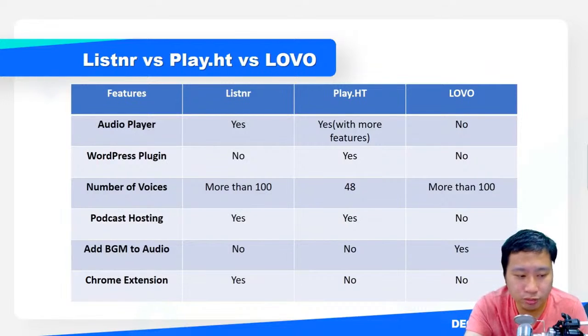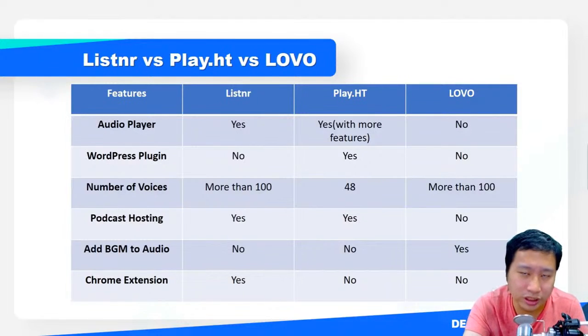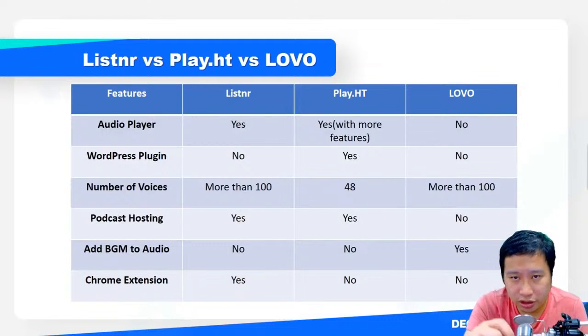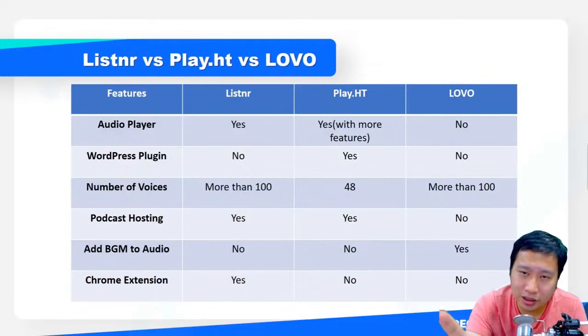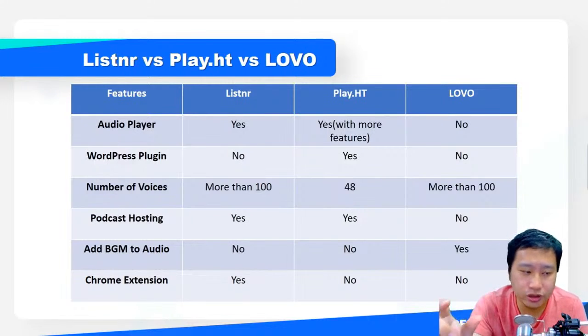And for Chrome extension, I would say this is where Listener stands out, right? Because it's not able to compete with PlayHT and Lovo in terms of voice quality and audio quality, and what you can tweak with those voices. But where Listener really stands out is the Chrome extension, because with their Chrome extension, you can actually convert articles, blogs, news, or even Google documents into audio for you,